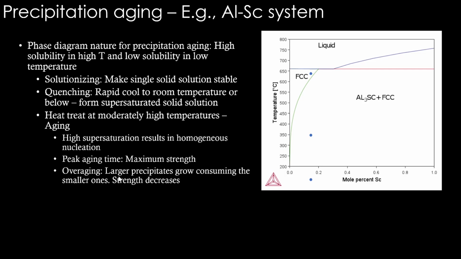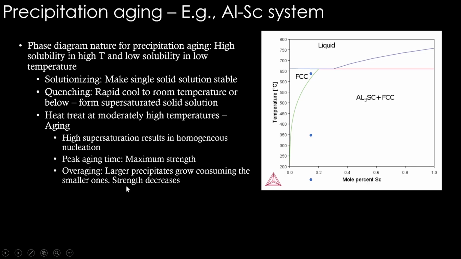This is something called Ostwald ripening, meaning a bigger precipitate can grow at the expense of smaller precipitates. Smaller precipitates have a high surface to volume ratio, meaning they have more surface energy. So by making a bigger grain, the total surface to volume ratio comes down. Therefore, the material at the surface, at the grain boundary, comes down. So that's a driving factor for this bigger precipitate to grow over the smaller ones.